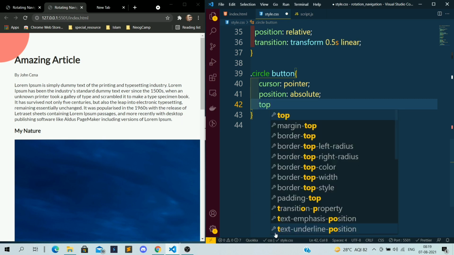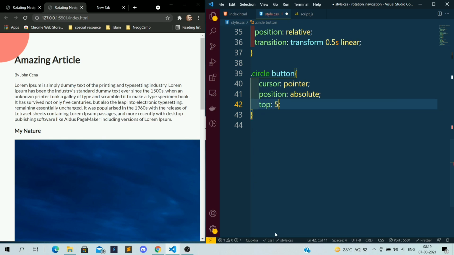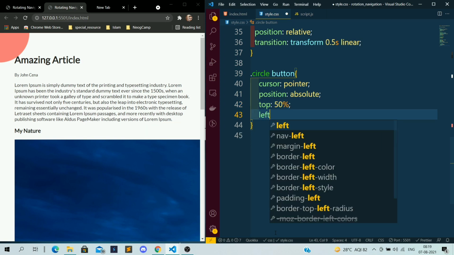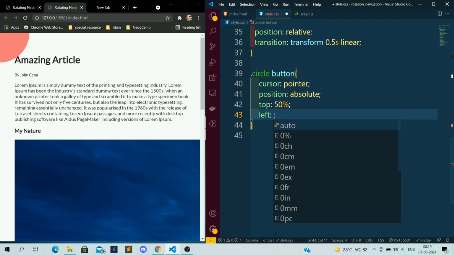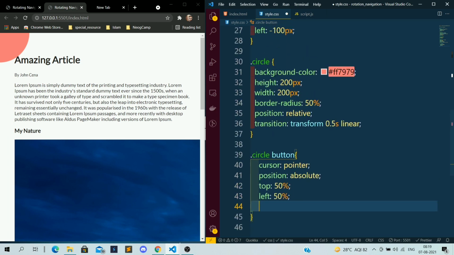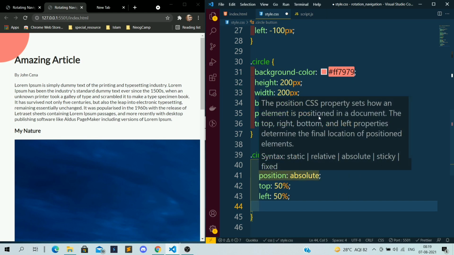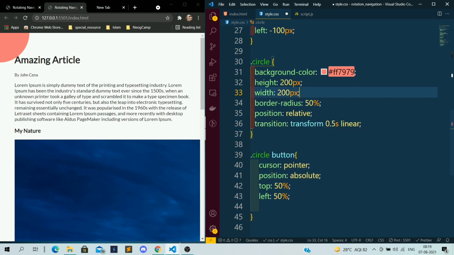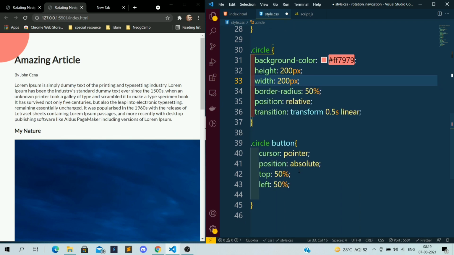Now I want to give the top 50% to that button, and the left position also 50% of this circle class. Why? Because this circle class has a position relative and this button has a position absolute. So this button will position itself based on the circle, not based on the body.